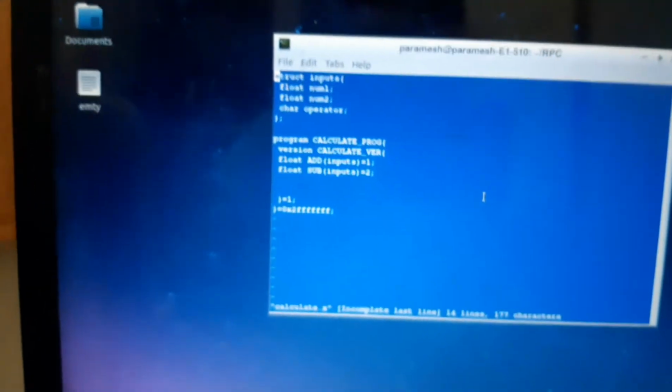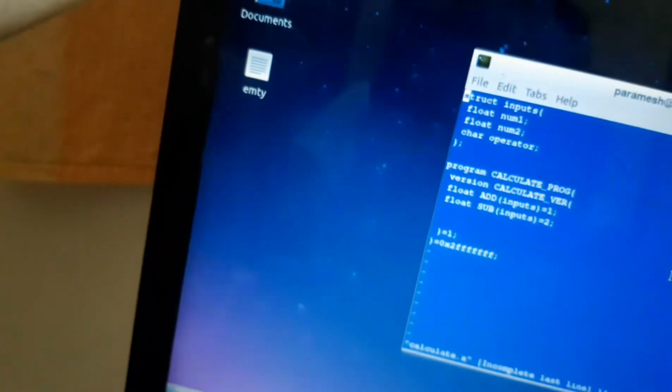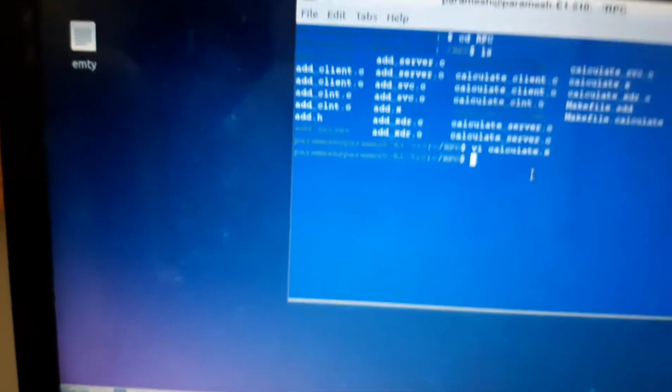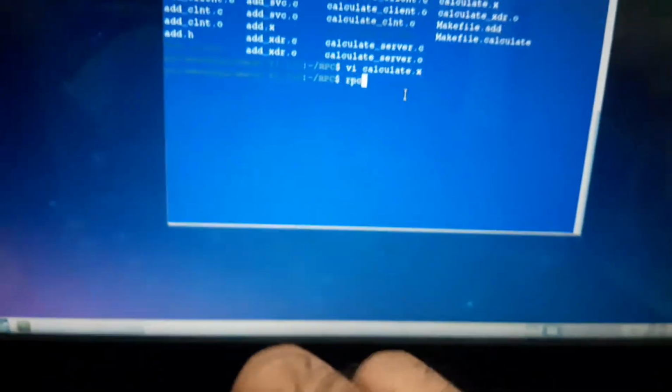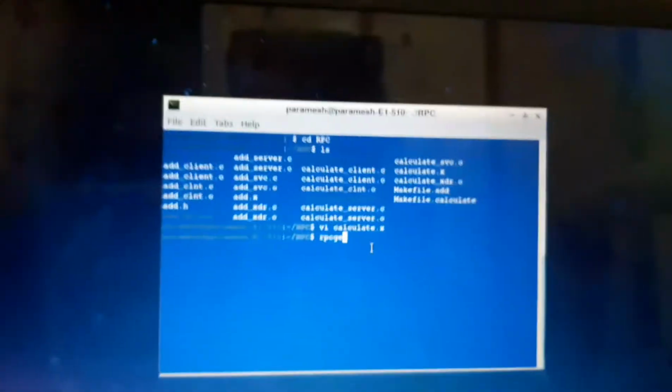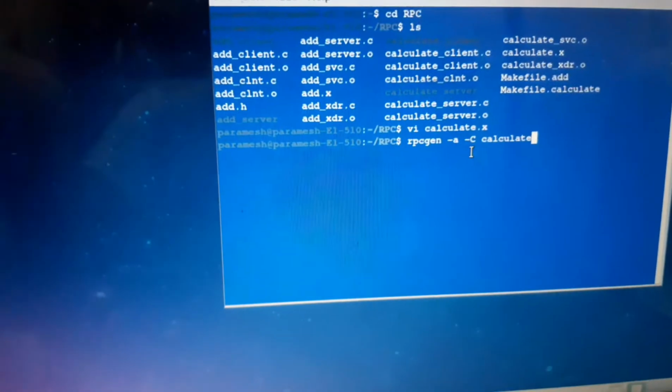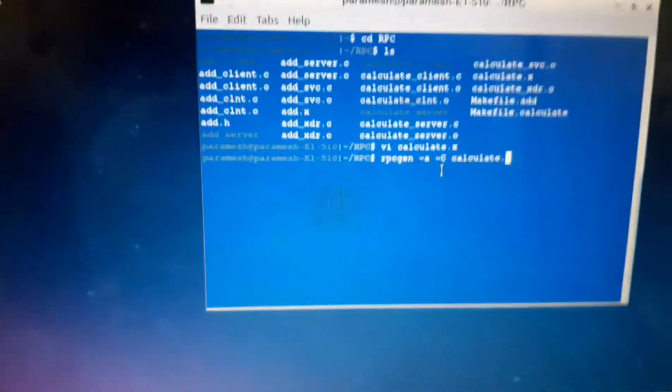Next, after developing this, we have to enter a command: rpcgen space hyphen a space hyphen capital C space, then the file name, calculate.x.